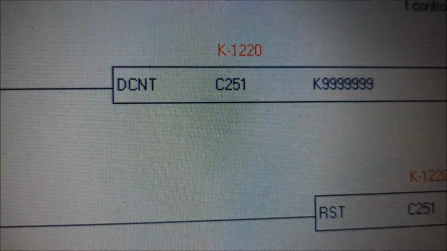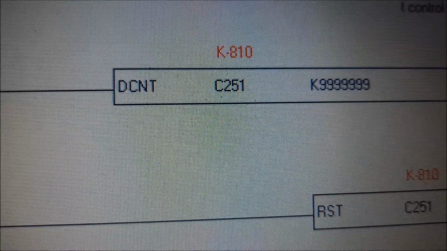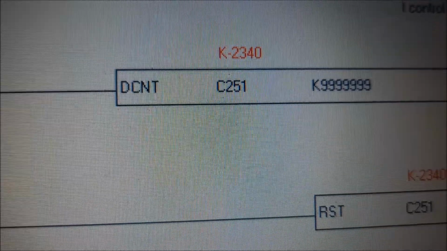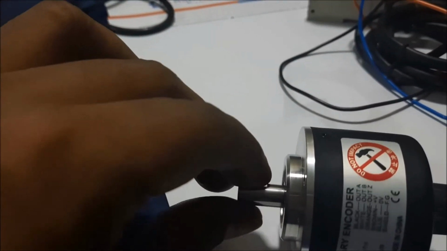If you want to take the value of the encoder in both directions, either clockwise or anti-clockwise, then you have to connect both A phase and B phase.